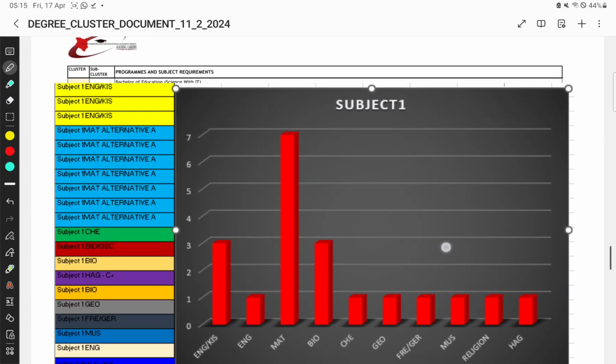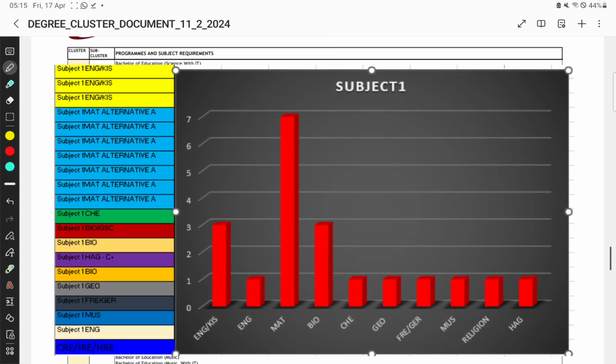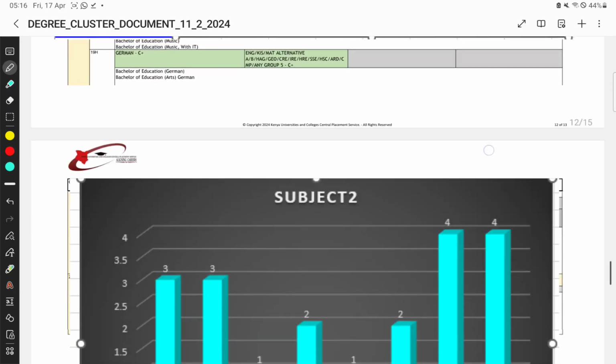In the first subject cluster, we have this graph whereby mathematics takes the lead. It opens doors into about 7 different clusters, followed by English/Kiswahili and biology. Then the rest of the combinations of the rest of the subjects. So this is very important for the first cluster subject. Math takes the lead. If you come to the second,